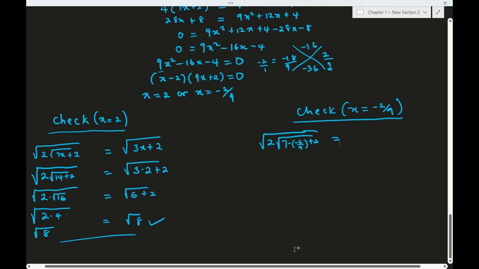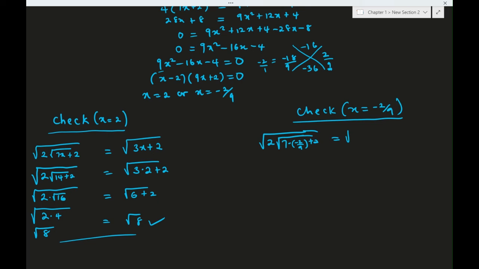So the right hand side, what do we have? We have the square root of 3